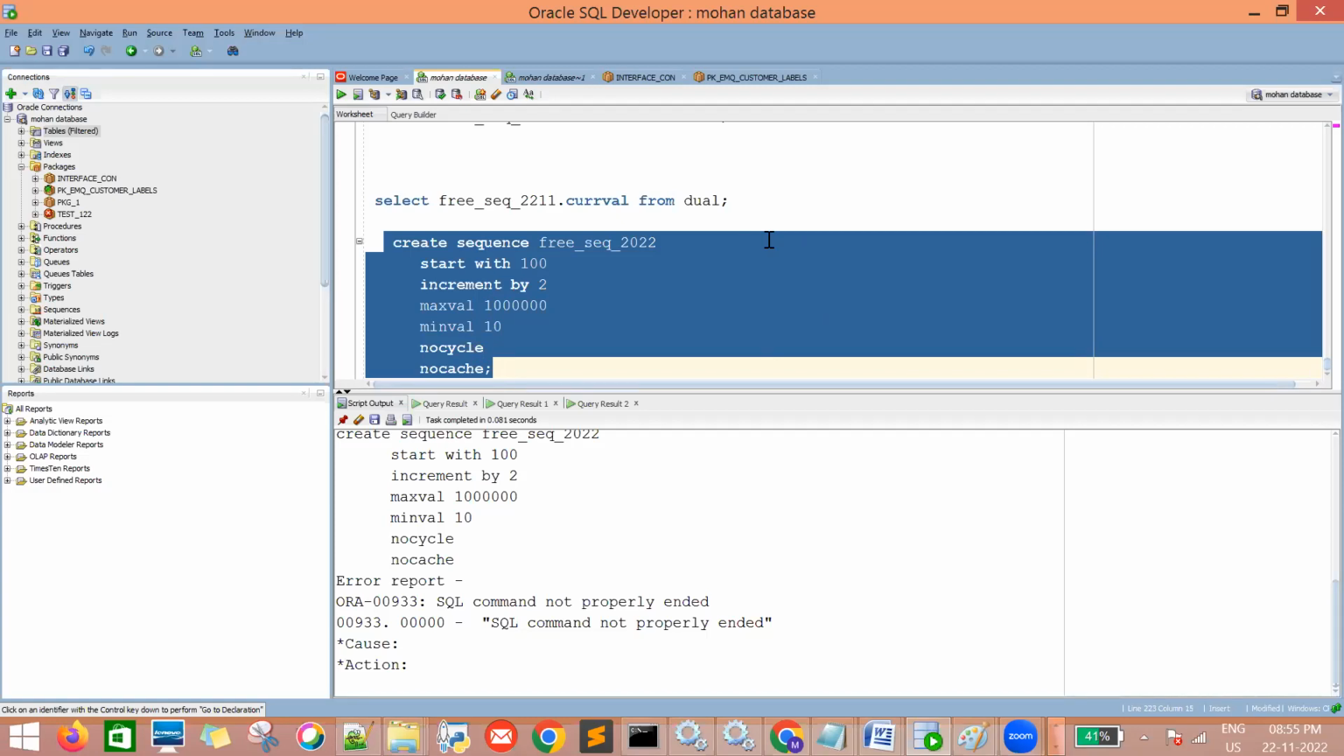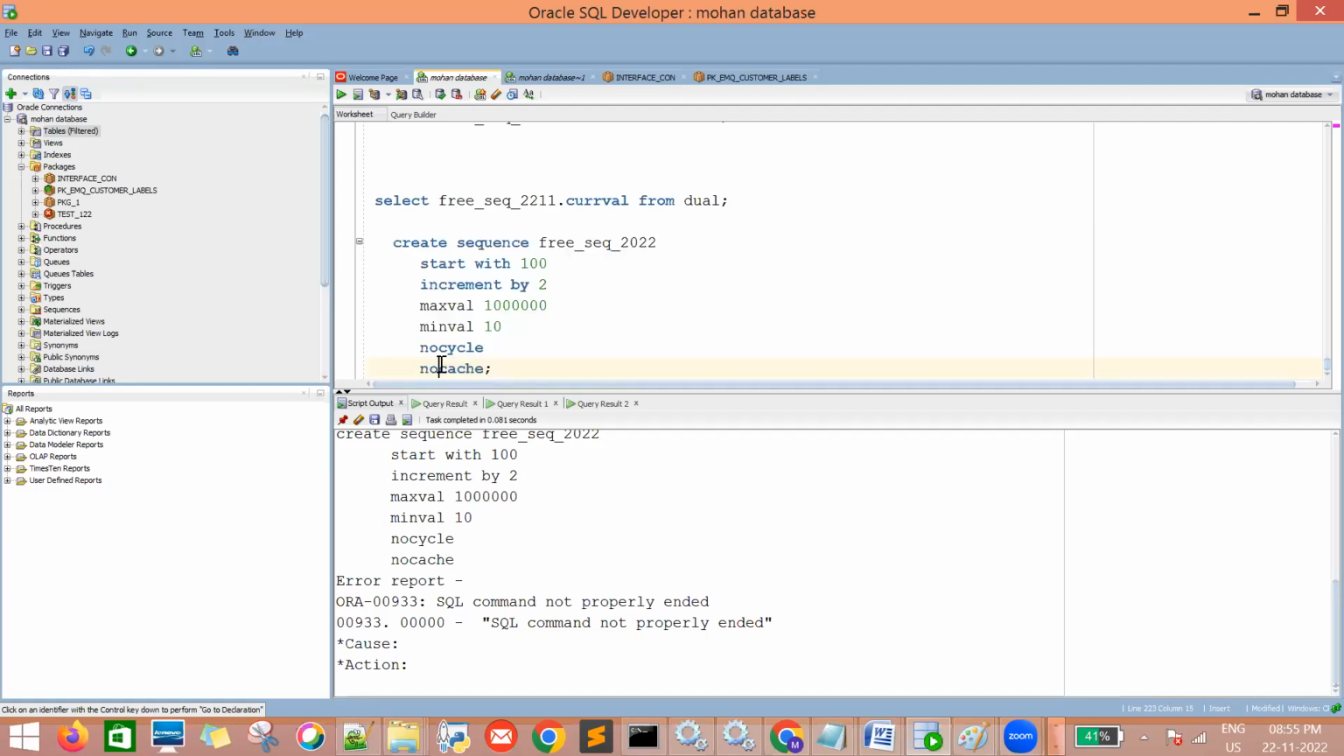There also some partition is there; it will store almost 1,000, 1 lakh and 2 lakh. If we write no cache, it will not store. If you remove it, it will store. So what is cycle? And no cycle in the sense